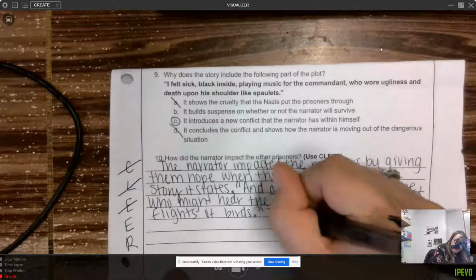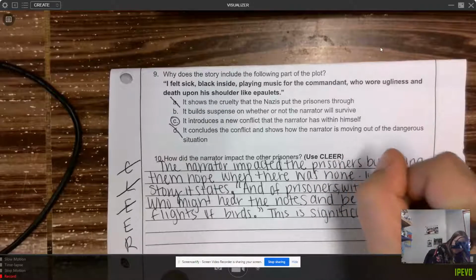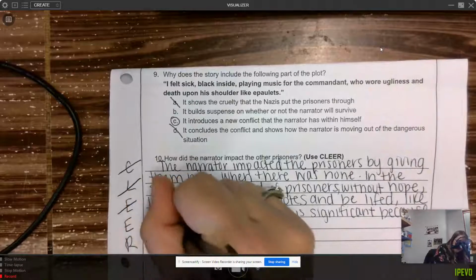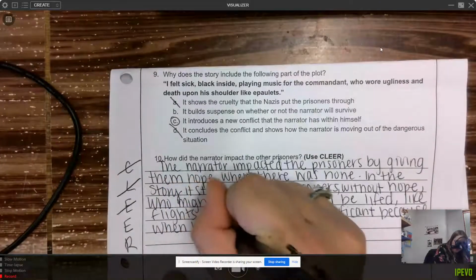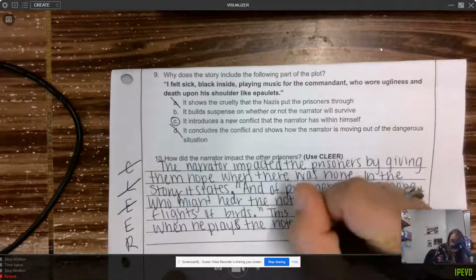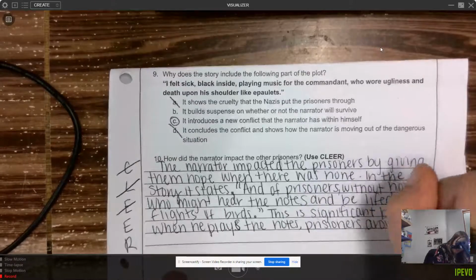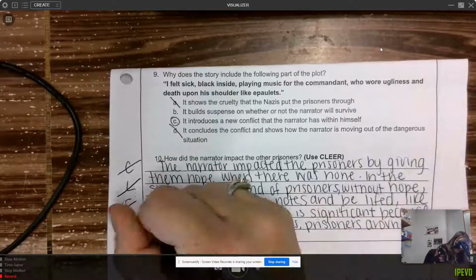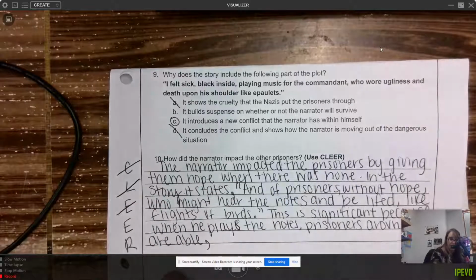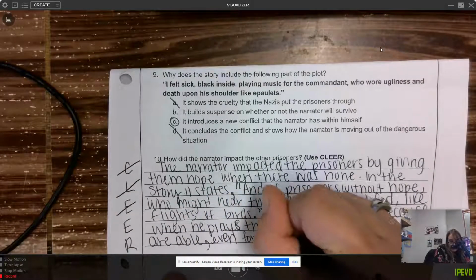So this is significant because when he plays the notes, prisoners around him are able, and then comma, I'm going to add a non-restrictive element here, even for only a moment,